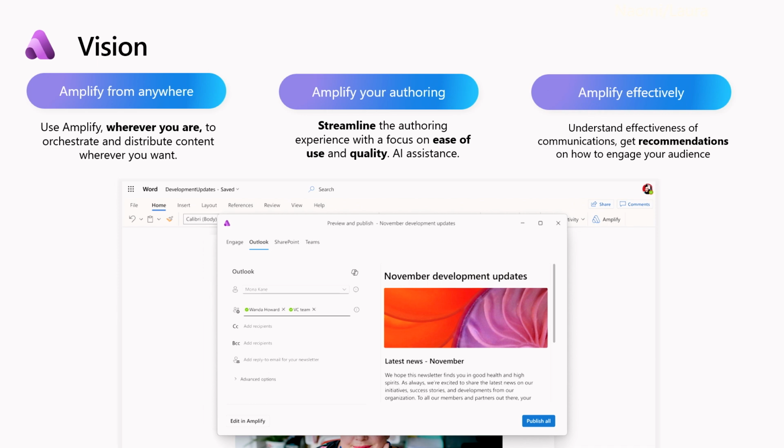I want to be able to send that communication out to all of these different places, right? I want to go to Teams and SharePoint and Engage and Outlook and Connections, and I want to be able to do that from where I author. And so this is really the vision of how we're going with Amplify. We want to make it super simple for you to be able to author that across all of these different areas, and then of course make sure that those communications are effective. In the end, right, if we can spend less time doing more effective things, we get to learn as part of that too. So that's just a little bit about Amplify.